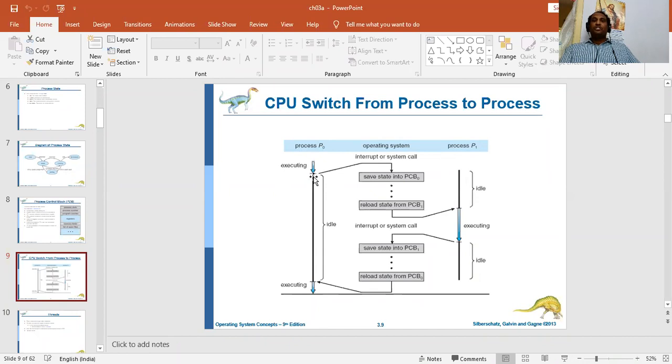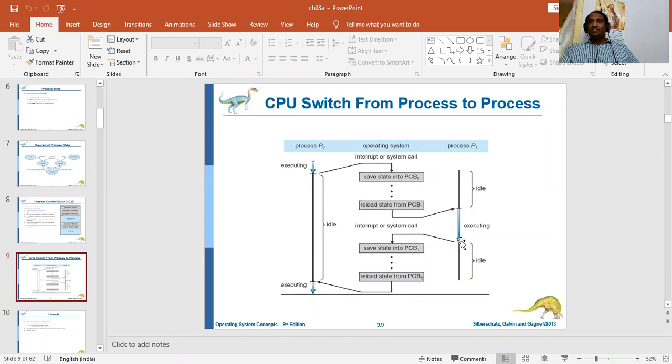Until process P0 gives the resources, P1 has been idle for some time. Here you can see the idle time of P1. Once P0 has given the resources to P1, P1 starts executing, and at the same time P0 becomes idle. When I am in the Zoom application and receive a call, Zoom will become idle and the phone will become active.